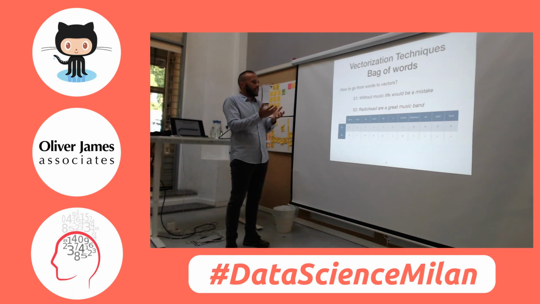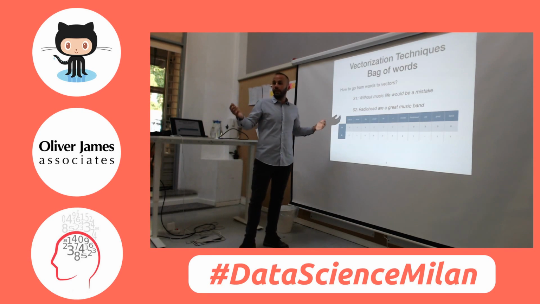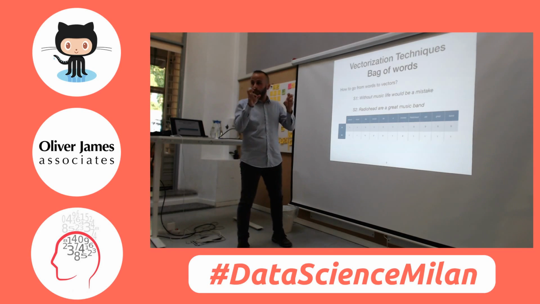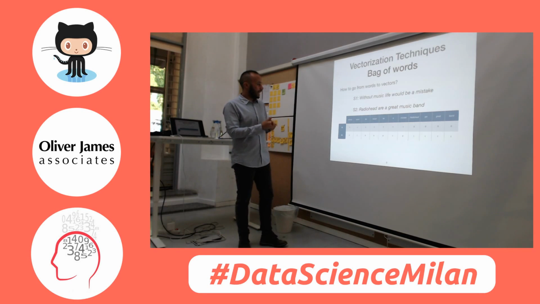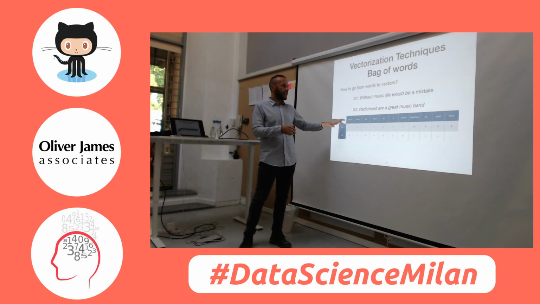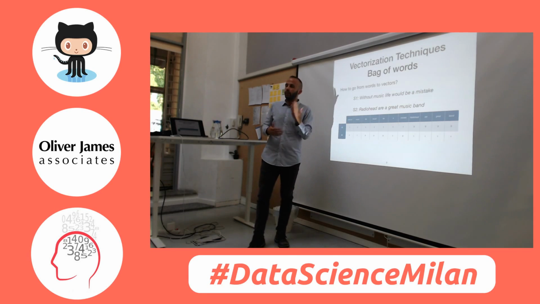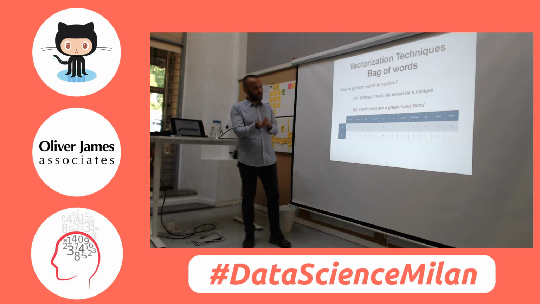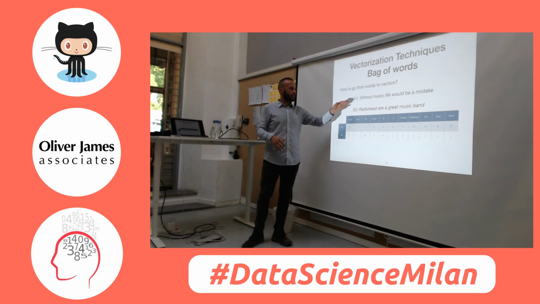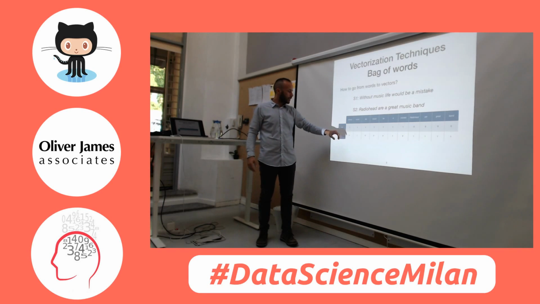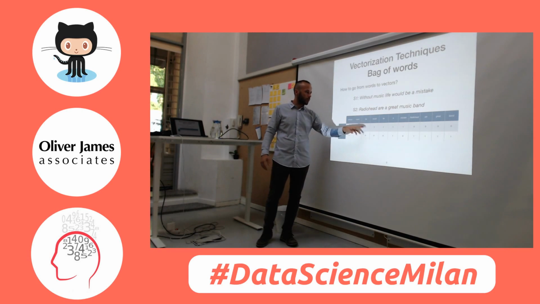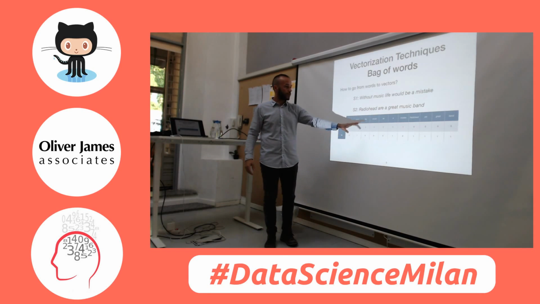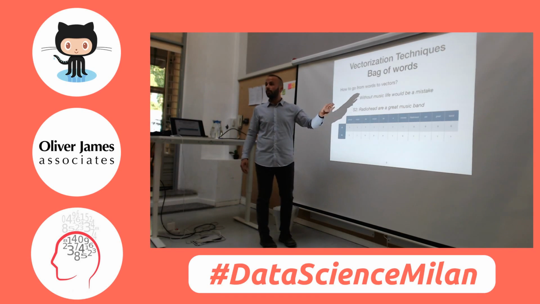One idea is to take a dictionary of all the words that I used in my corpus, which in this case is just these two sentences, because it's an easy example. And we label the word 1 if we use that specific word, or 0 if not. For example, without music, life would be a mistake. So we have a 1 for sentence 1 for without, since it's in that sentence. Music, it's in that sentence, so it's going to be 1, 1, 1, and so on. And we have our first sentence transformed into a binary vector.